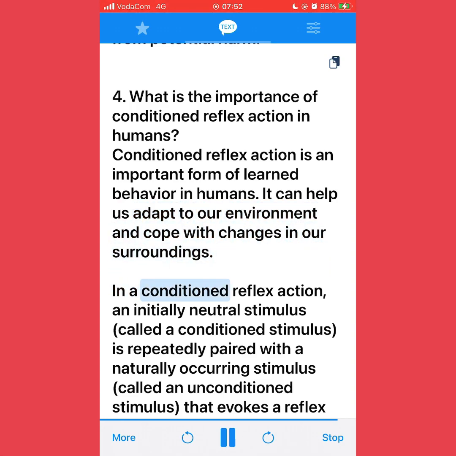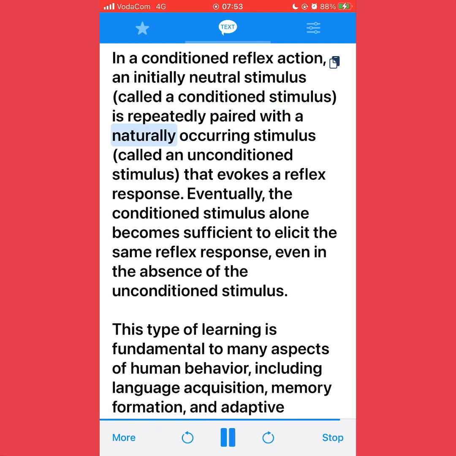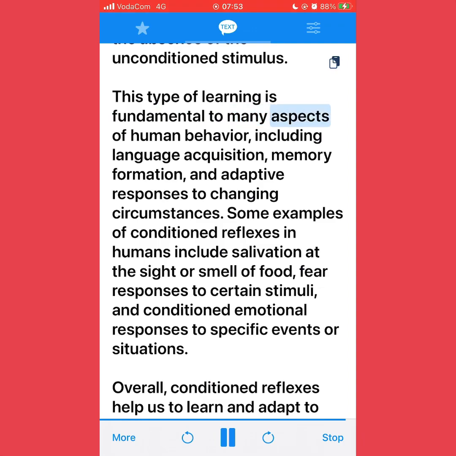In a conditioned reflex action, an initially neutral stimulus, called a conditioned stimulus, is repeatedly paired with a naturally occurring stimulus, called an unconditioned stimulus, that evokes a reflex response. Eventually, the conditioned stimulus alone becomes sufficient to elicit the same reflex response, even in the absence of the unconditioned stimulus. This type of learning is fundamental to many aspects of human behavior, including language acquisition, memory formation, and adaptive